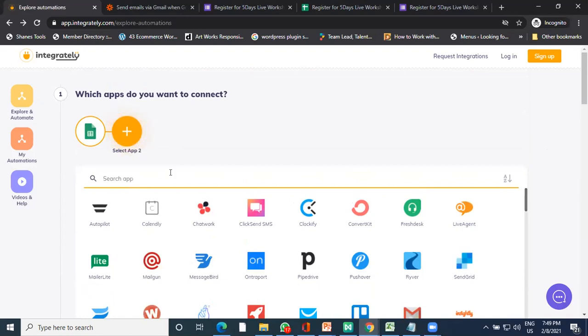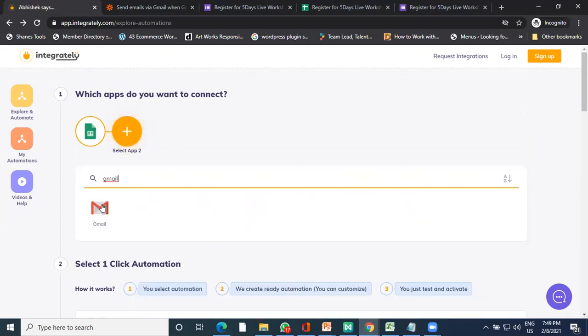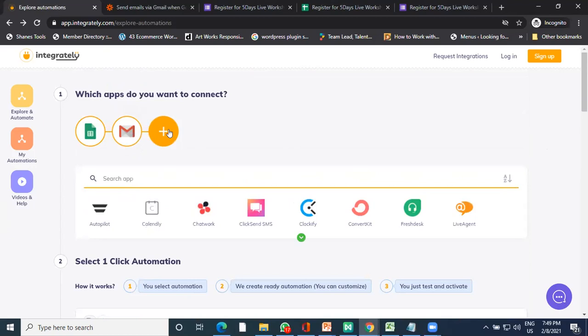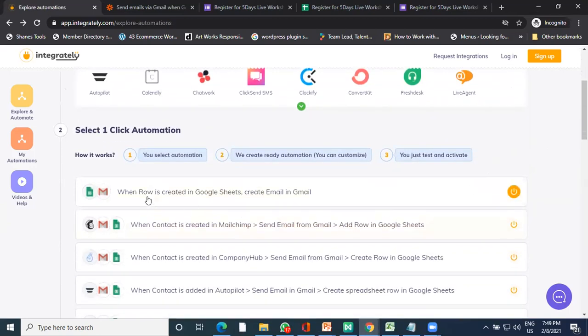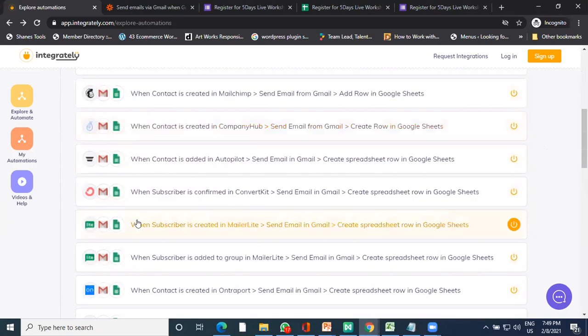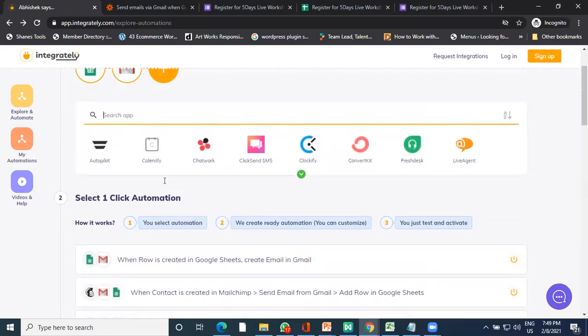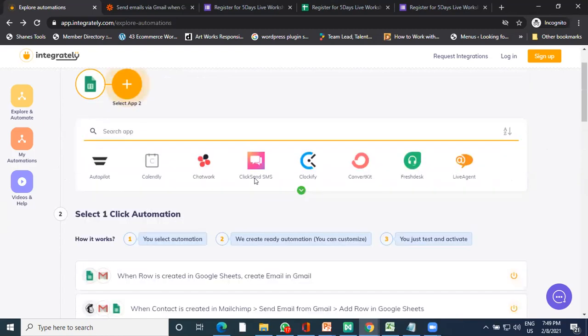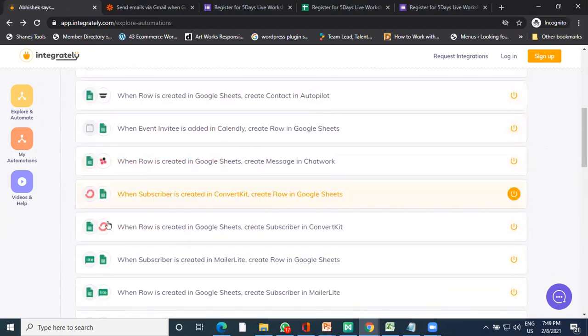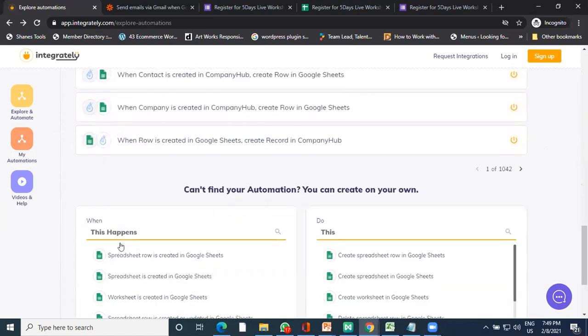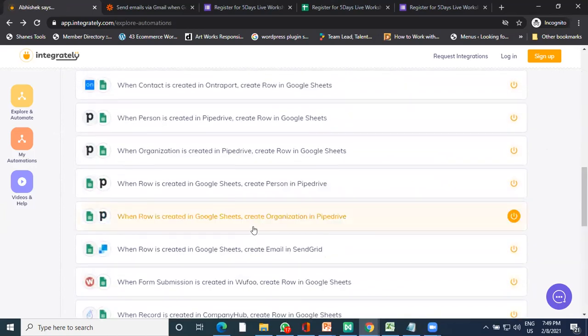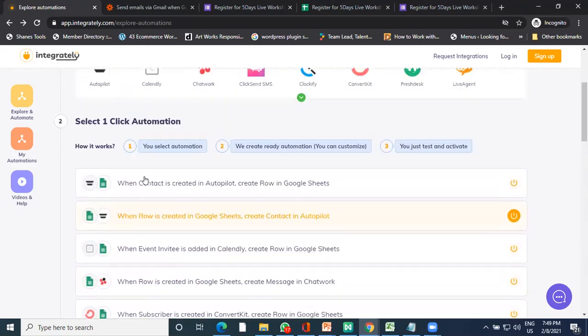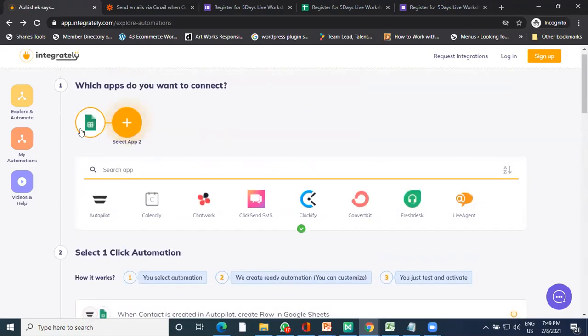You can select Gmail, and here it will ask what connection you want to do. All the connections have been shown. I'll just remove it, and here it will show. So with Sheet and Gmail, whatever connection you want, it will show you all those things. Same process. You just need to follow the same process, saying that okay, any data collected in a sheet should send an email.